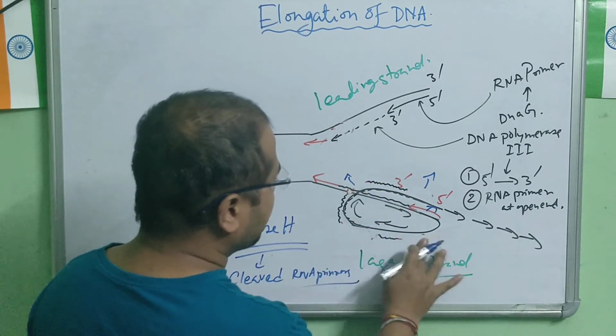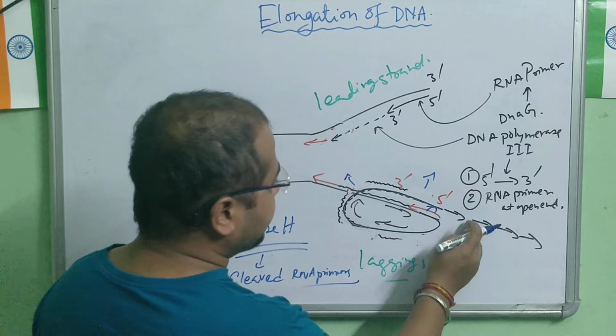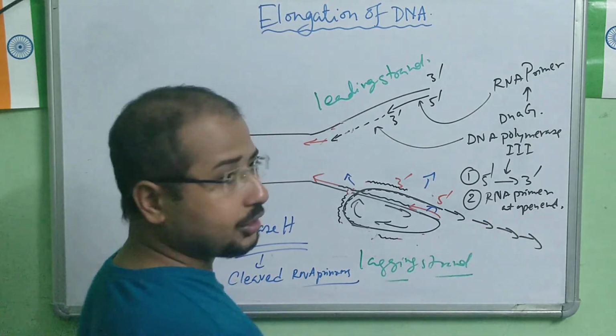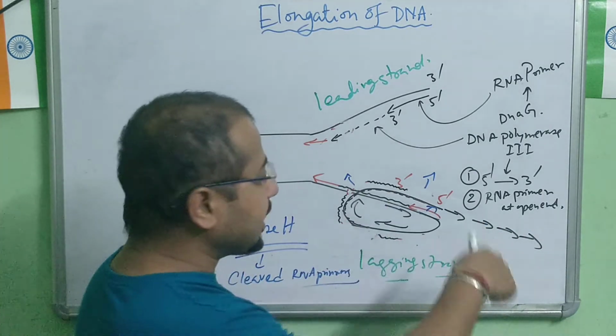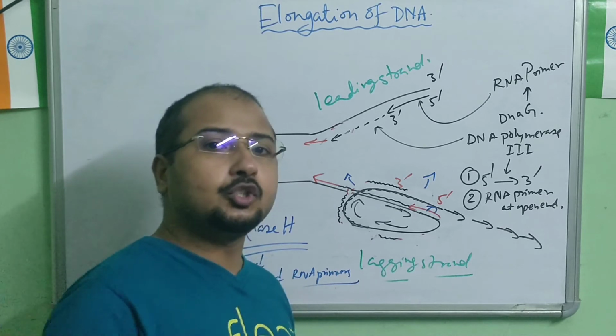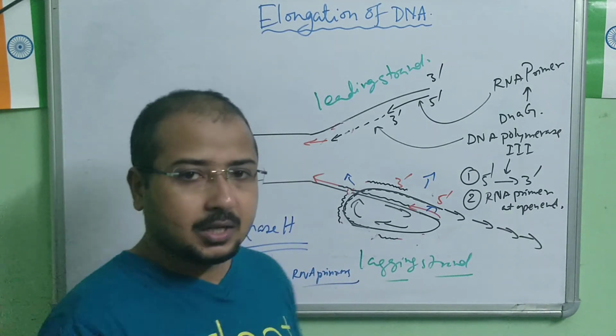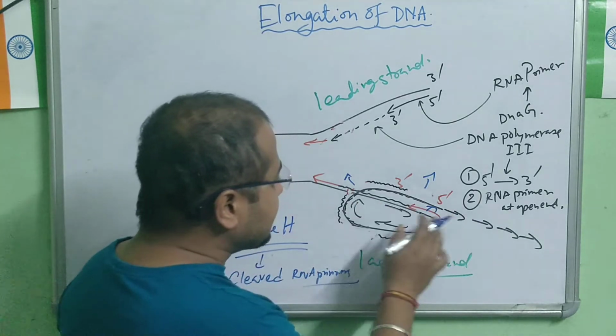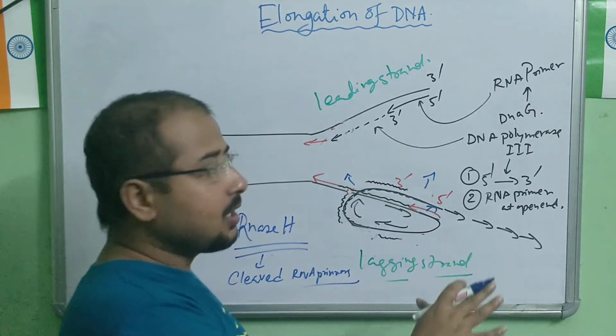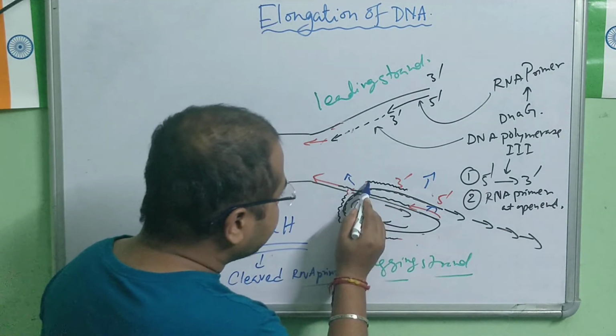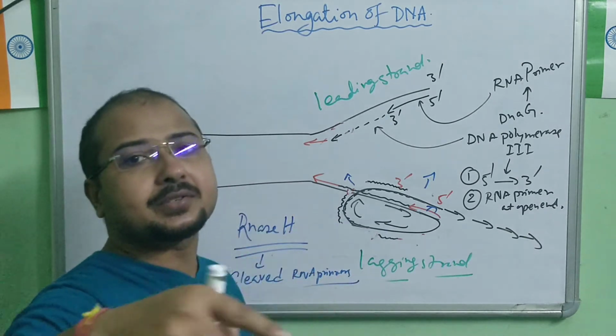Okay, the primers will not be there here also. In between the primers, suppose you think the primers are not there. Now what are we left with? Only the deoxyribonucleotides are left. In between there are gaps. So we see the DNA strand here in this case. Okay, we see that there are DNA strands in pieces.